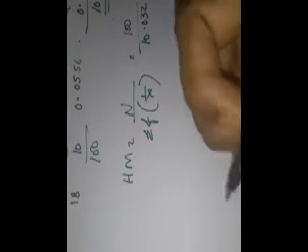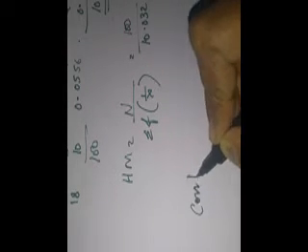Then the harmonic mean will be n by sigma f 1 by x, write down the formula, which is equal to n, that is the frequency total you have to write, which is 100, divided by the total of 10.032. You'll be getting an answer of 9.97. Quite simple, right? So you just have to study the formula for it and you'll be able to do it.